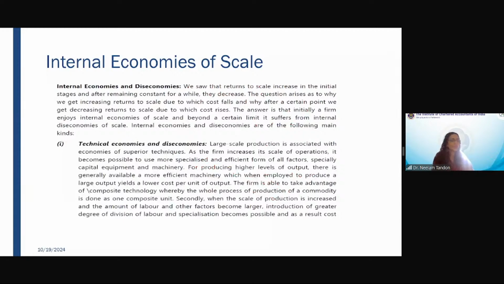Okay. So what are internal economies and diseconomies of scale? Internal economies will be firm-specific benefits. What will internal diseconomies be? They will be firm-specific disadvantages. That will be internal economies and diseconomies of scale. Okay, so internal economies, when we talk about,